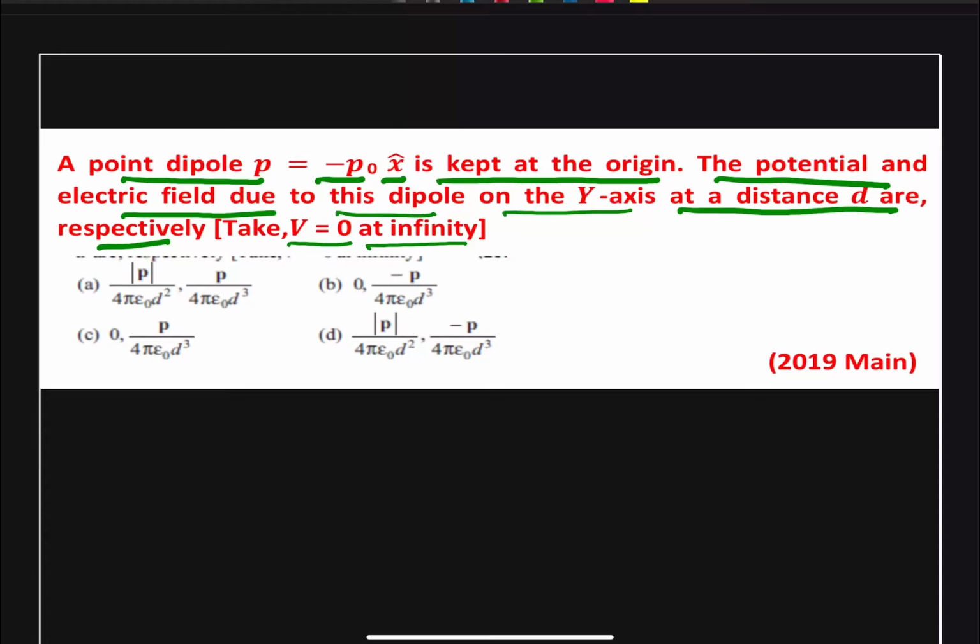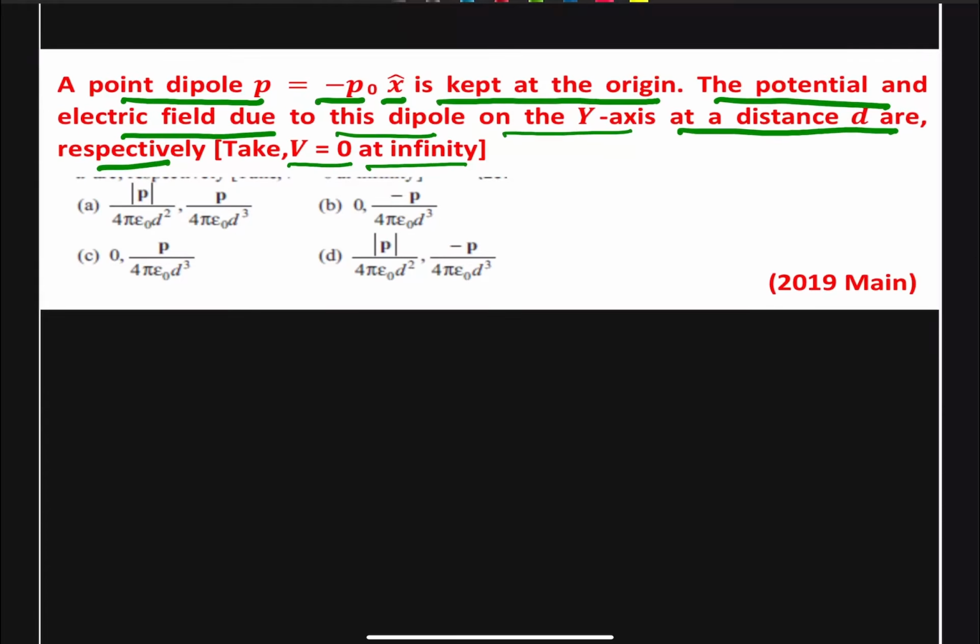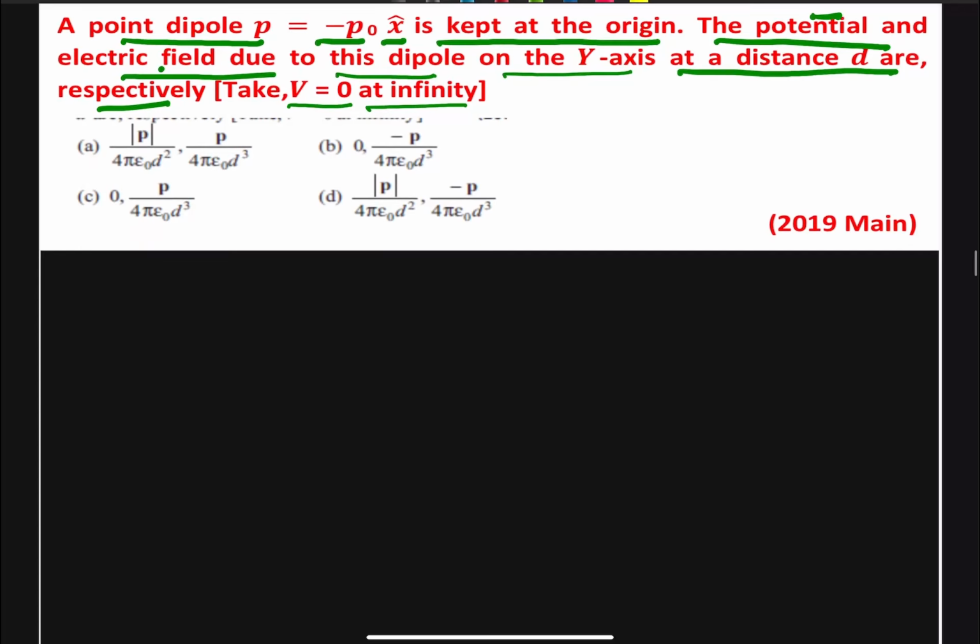So we are given a dipole, and that dipole is placed at the origin, and we have to find out the potential as well as the electric field due to this dipole on the y-axis. Okay, we can just draw an approximate figure for that. So this is our x-axis, y-axis, and the direction of the dipole is also given, that is minus x unit vector. So obviously, this is our dipole,